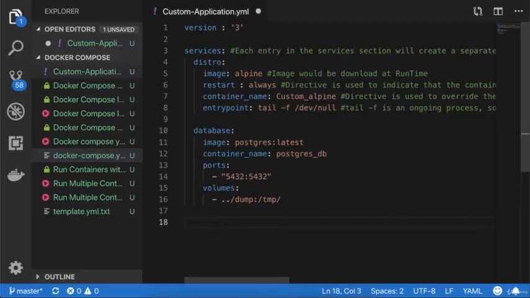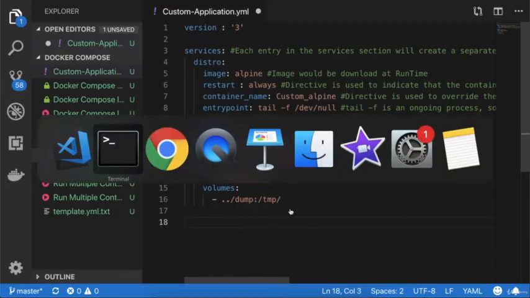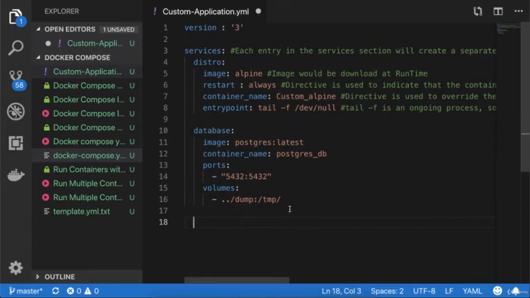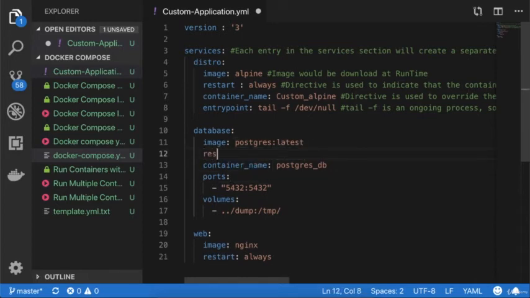So we will add another container over here, and suppose we are adding the nginx container and we will name it web, right? Image nginx. If we are not defining anything, then it will take the default image, restart always. Oh, we forgot to define the restart over here. It's good practice to define the restart in your compose file, right?